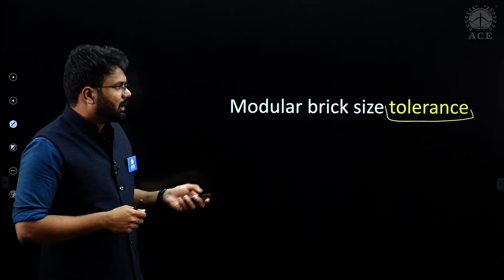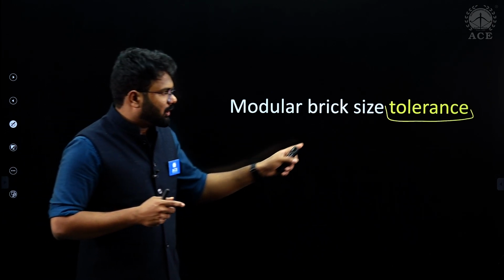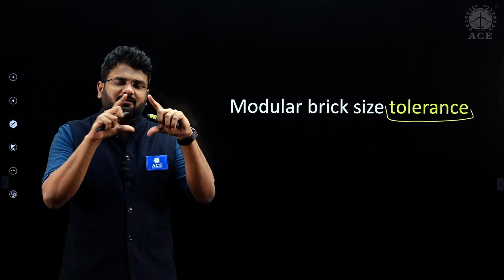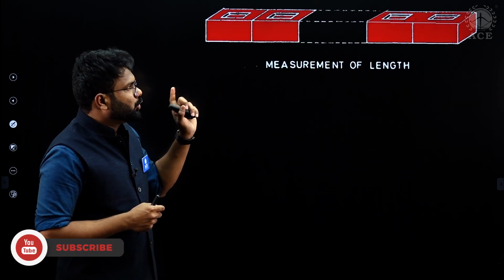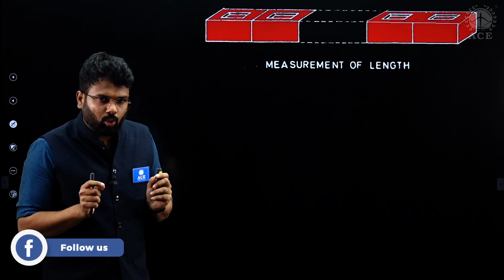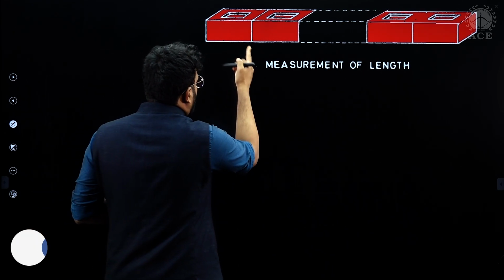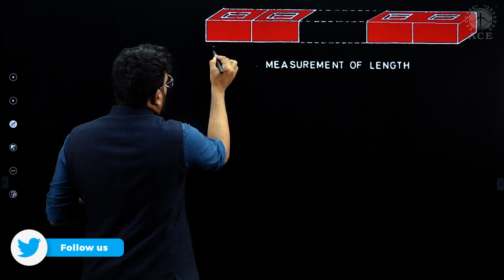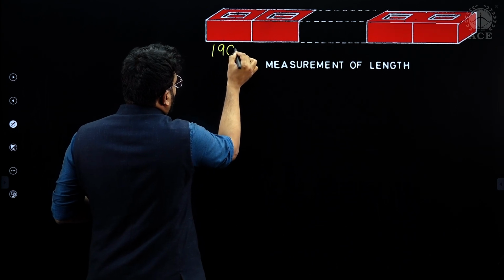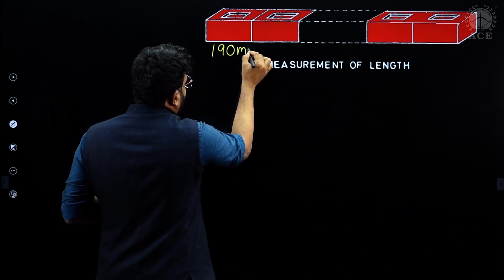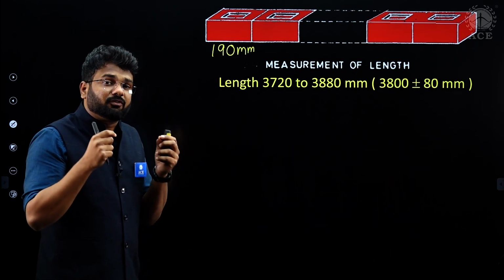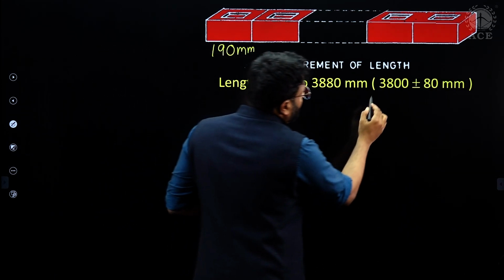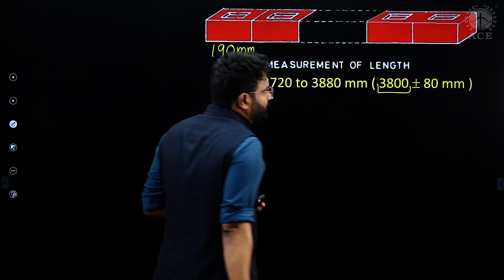Okay. So let us say you have to understand the size. You will not be measuring one brick at one time. What is the procedure? Basically, you have to place 20 bricks in a row. After that, let us say these are modular bricks. Standard size is how much? 19 centimeter or 190 mm. If 20 are placed, what will be the length? It will be 3800. Okay.